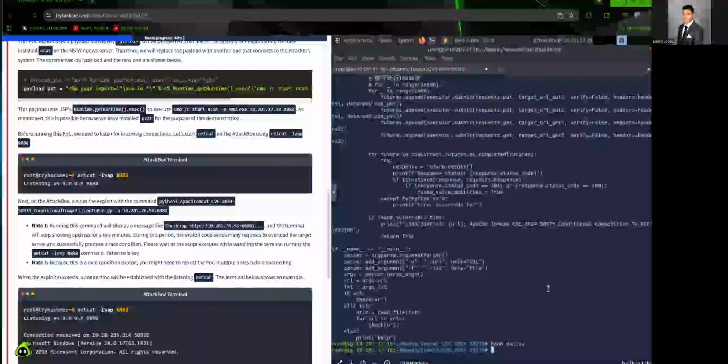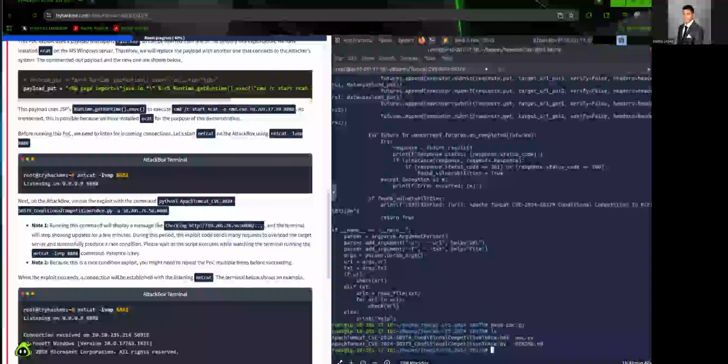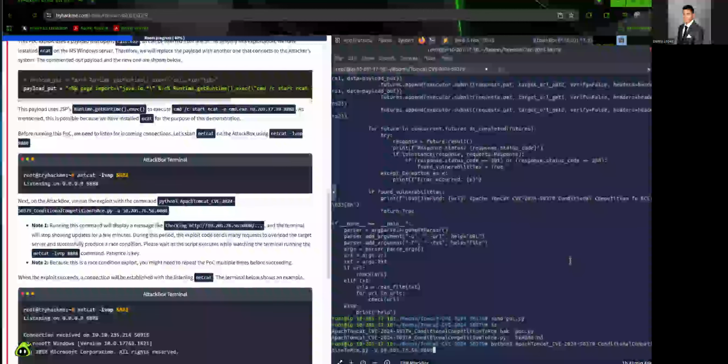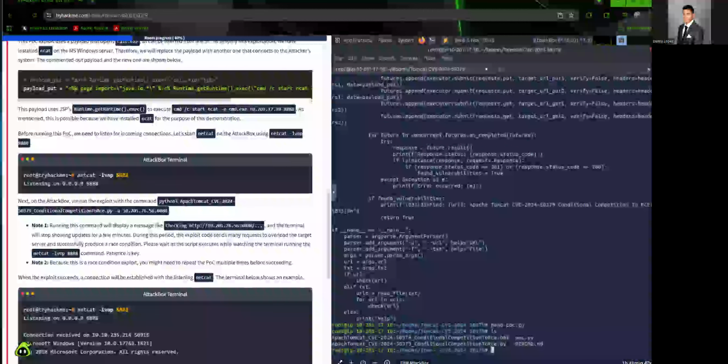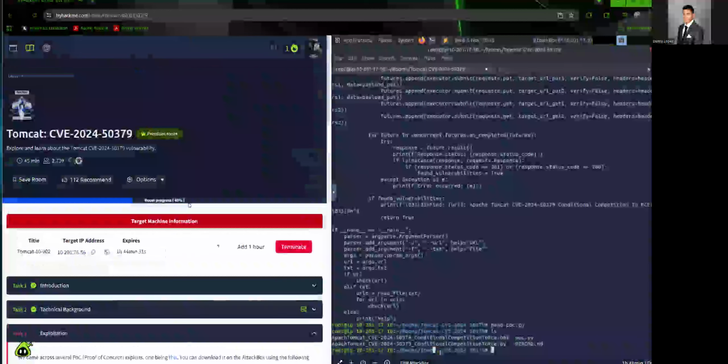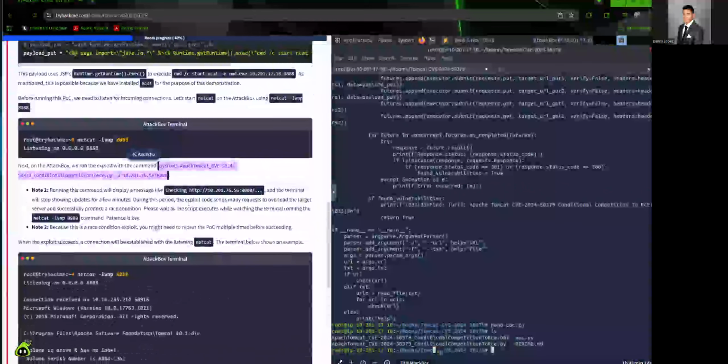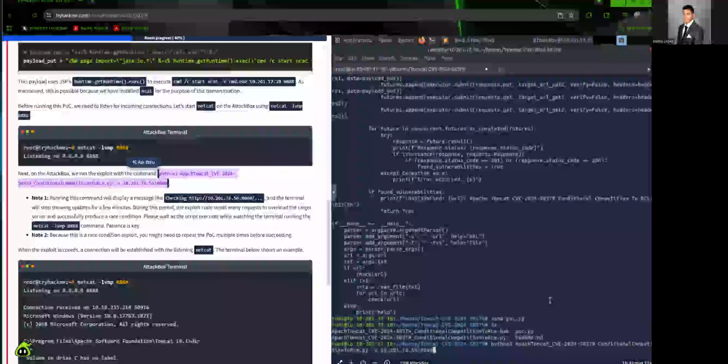So next, we're going to go ahead and ls, and I just want to make sure that, okay, so you have the proof of concept, and then you have this race condition CVE file. I wonder if that's the same one as the POC, but I guess we'll see, because if it doesn't work, then it probably is. All right, so you can see here it's got the IP address, which we need to double check is ours. 7656. Yes, it is. Okay, so that's the box we're going to attack. It's the victim.